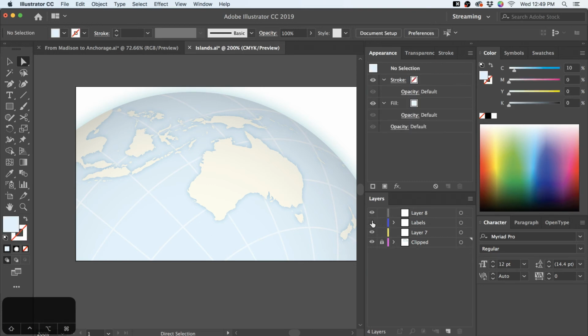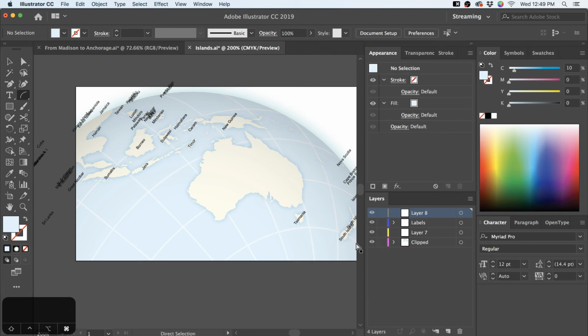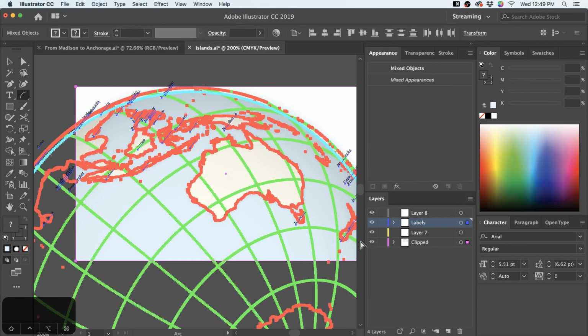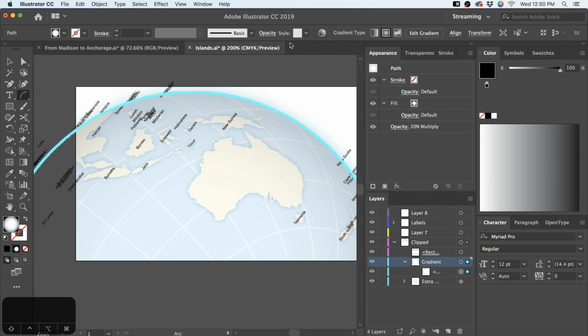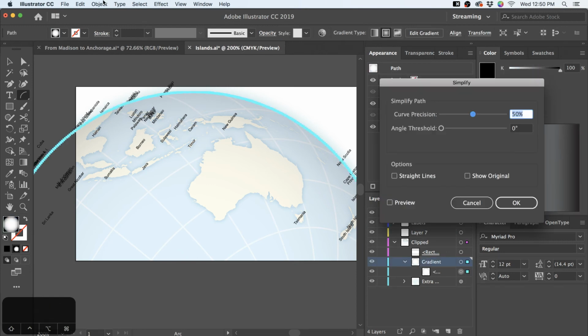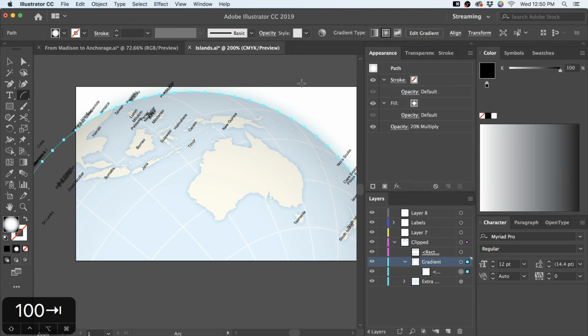I was going to talk about labeling. I've got some labels here, and we only have a few minutes left, so I'm not going to label this whole thing for you. And Dylan says, yeah, simplifying line work down. This is way too detailed, some of this. If I select everything, that's a crazy amount of points. I'd probably want to simplify even the circle that the gradient's applied to. I've created a custom shortcut to take me to the simplify tool. I use it enough. There we go. That probably helped a little bit.